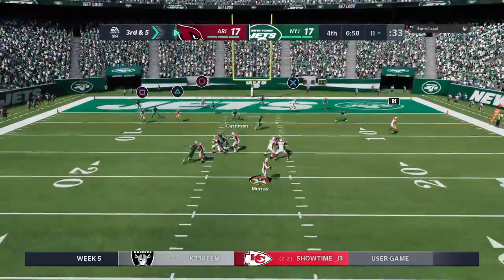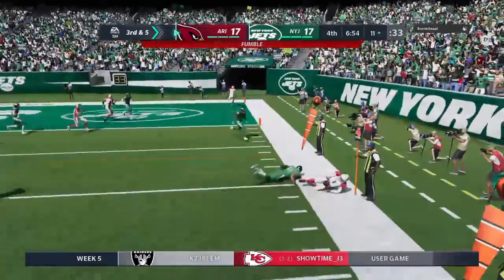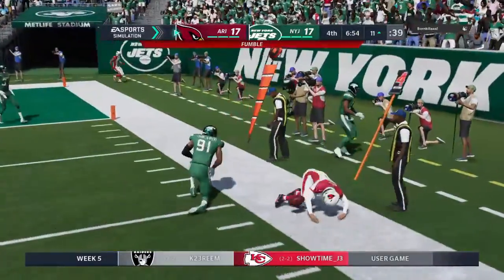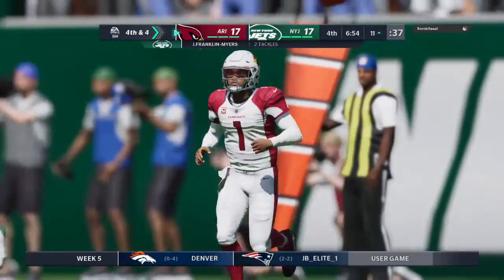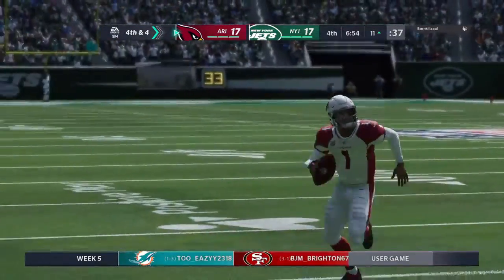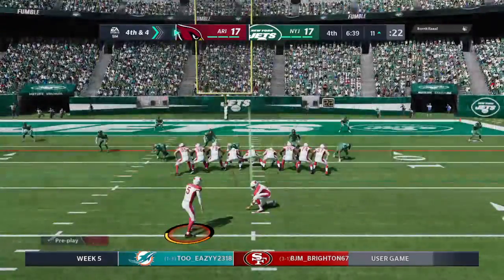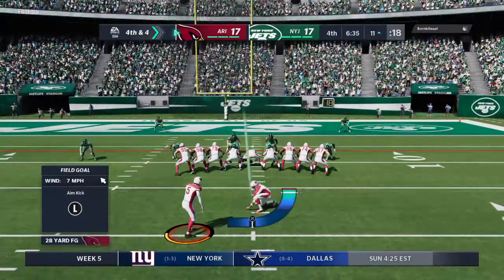From the gun on third down, Murray eluding the pressure right. He can. Oh, no, he lost the football. But this will get out of bounds, so possession will stay the same. Only able to get back a yard for his efforts, and that leads us to fourth down. A big one coming now for the kicker, Zane Gonzalez. A 28-yard